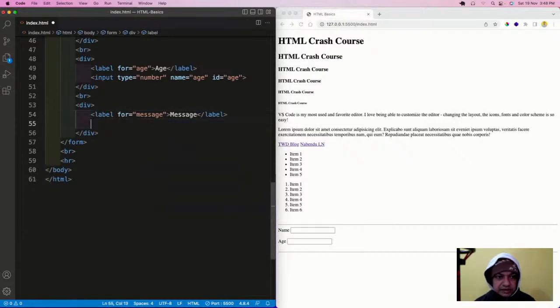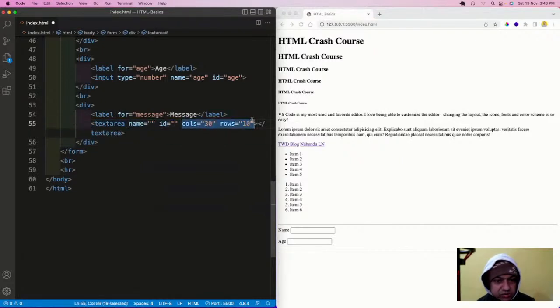Then the textarea, with cols and rows I don't need. The name is message and id is message, and okay, so that is it.